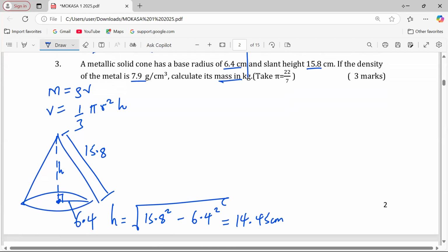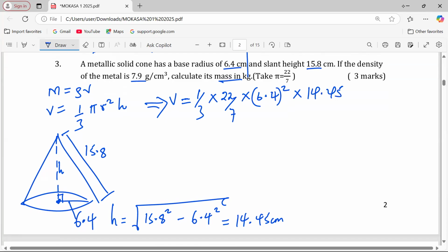Then we get back to our formula, whereby volume is a third pi r squared times the height of 14.45. This will give us a volume of 619.9